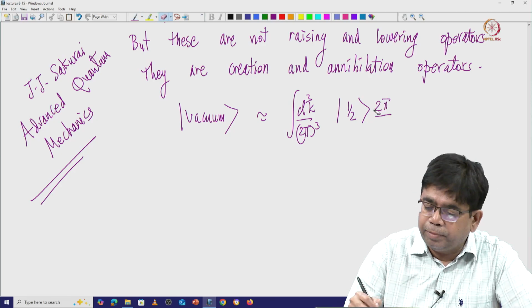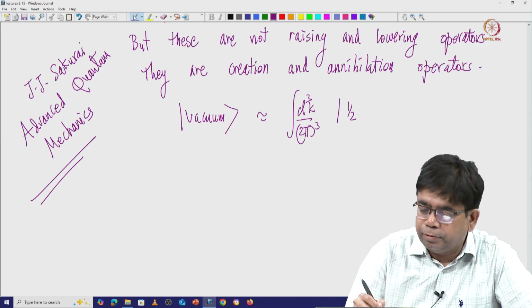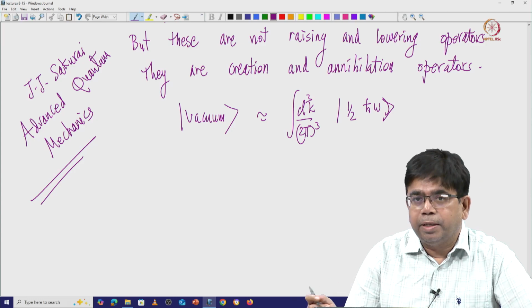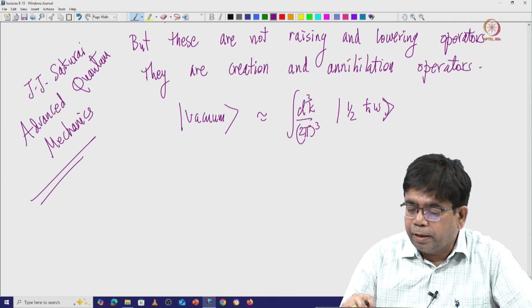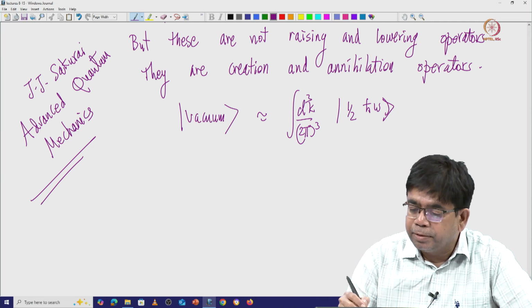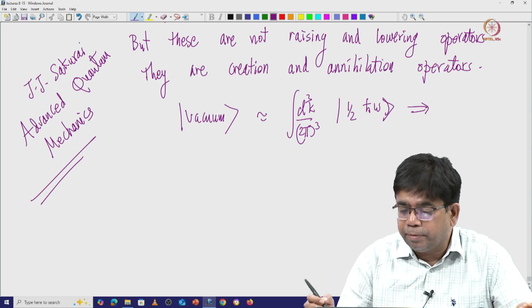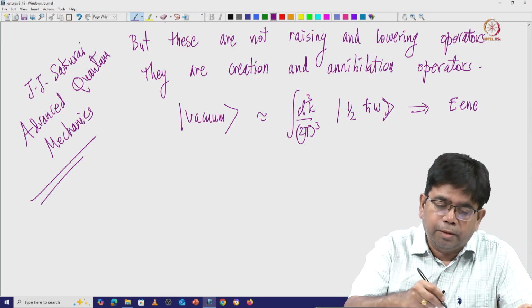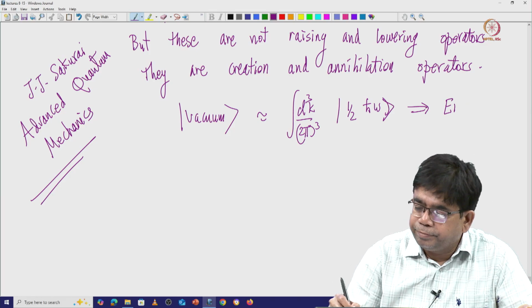Let me write it in terms of omega, but from omega you can go into k, essentially half h-cross omega, where omega is equal to 2 pi by k essentially. So, this half h-cross omega is integrated over all of this, which is a divergent sum. So, this is the vacuum state which is highly energetic, but you set the energy to be 0. This is like the Dirac sea.